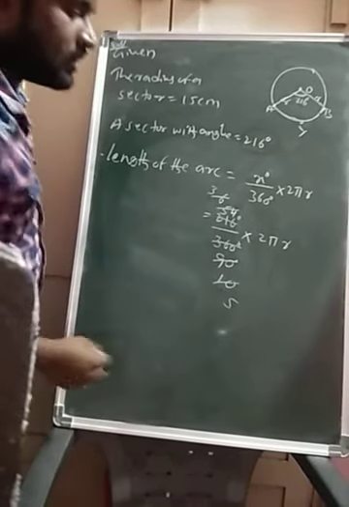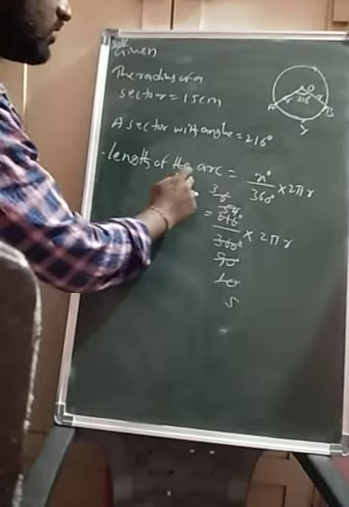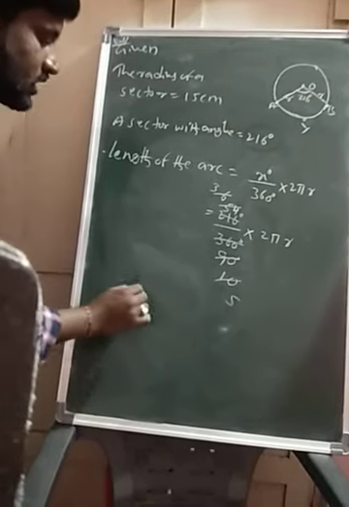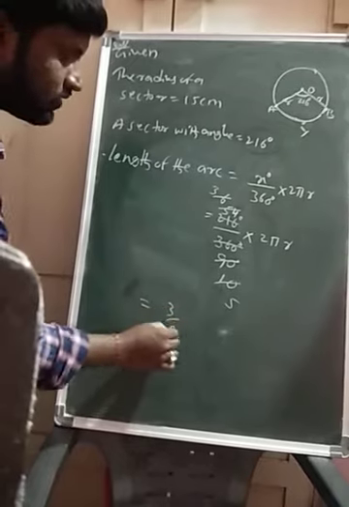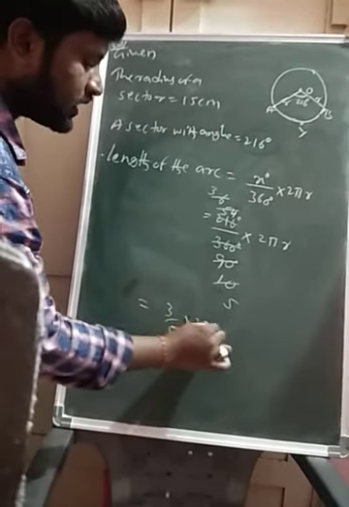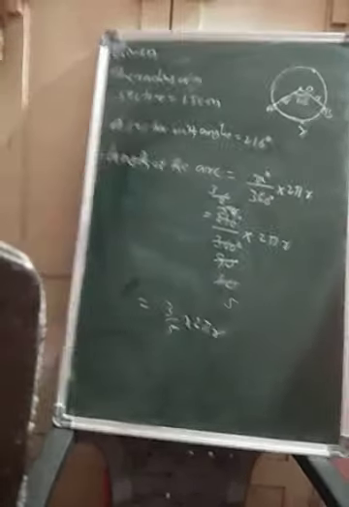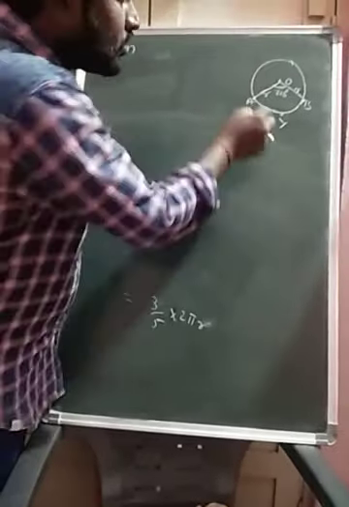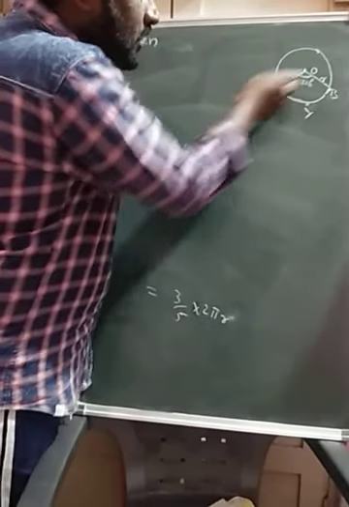2 5s are 10. So we can write the length of the arc is equal to 3 by 5 into 2 pi r. Okay, so according to the given question, children, so if we cut like this, OA and OB,